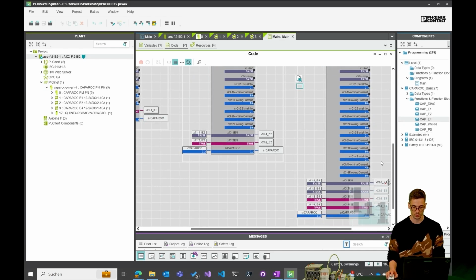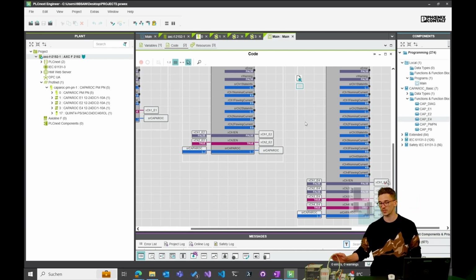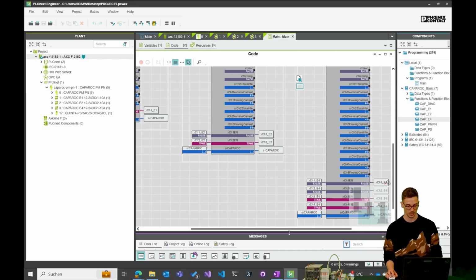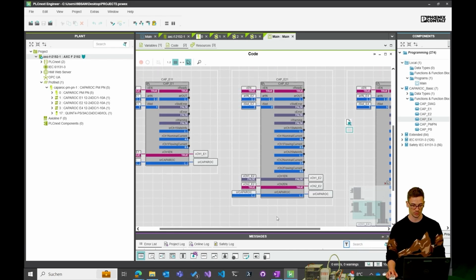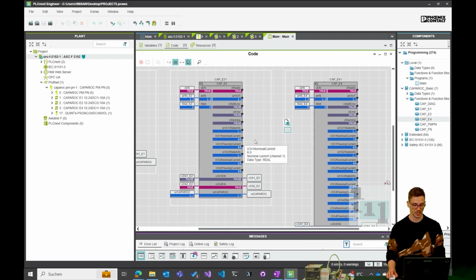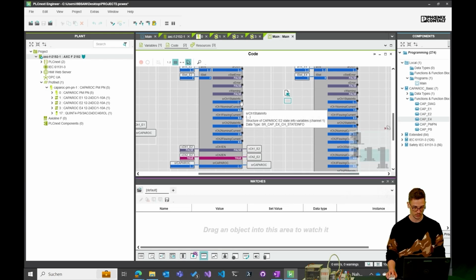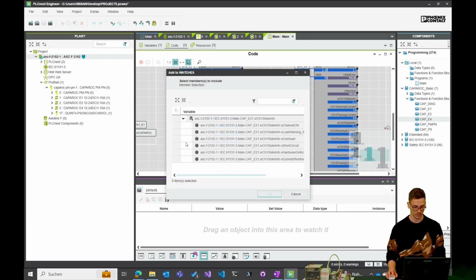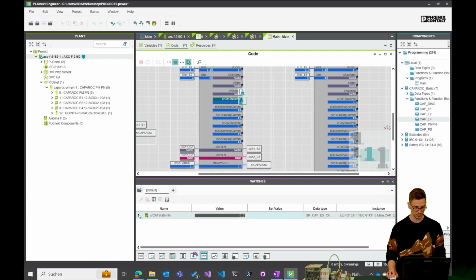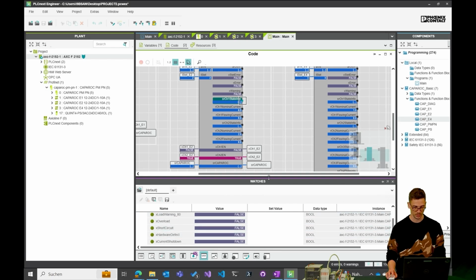The errors are not there anymore, and you can see here in the nominal current it will retrieve the data. There's no, like I said, no devices attached to the circuit breakers now, so we can't really see the live view, but we could go into our watch window. Let's go to watches, and let's see state info, because this is a structure, the SRCH1 state info. The state info is a structure. We can add it to watches. State info. And here we will see more data.